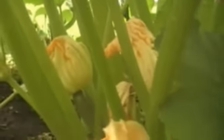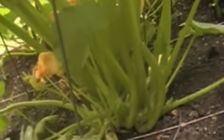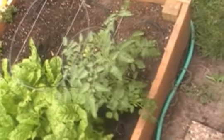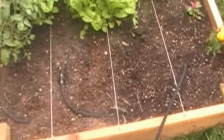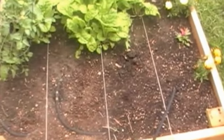You see it back in there? It's got at least one, if not a couple, fruit setting on it already. My Swiss chard, another random tomato plant that I had sitting out. Then I figured I better get it in the ground. And this is where I just pulled my broccoli that got decimated